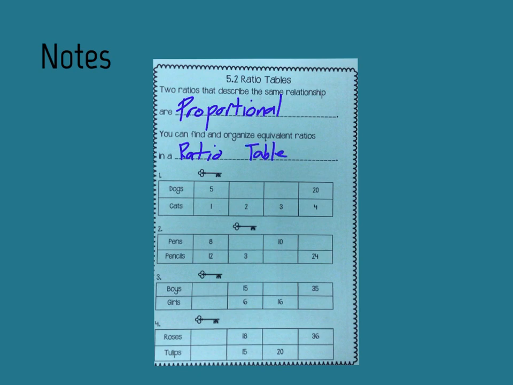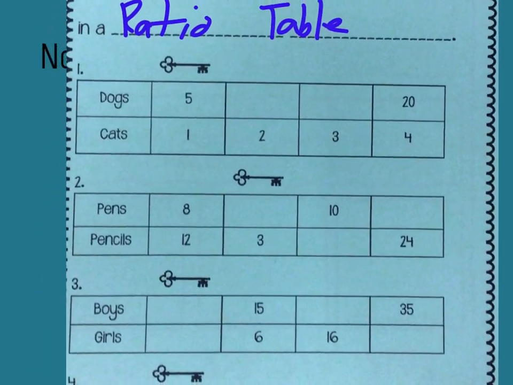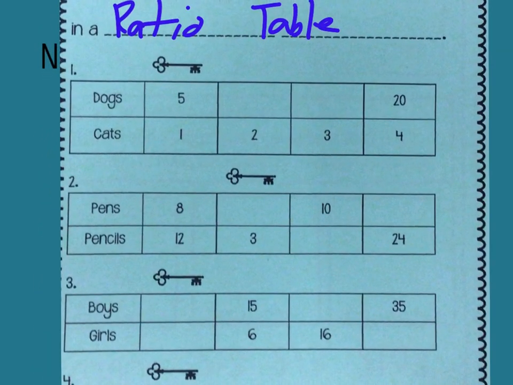All right, so these ratio tables, and guys, I want to point out these keys here. If you look at these keys that are above these columns, there's a reason we have a key there. It's because it's the most simplified in the ratio table. And I alluded to this in your bell work. If you have the most simplified version of a ratio, it is the key to unlocking any other ratio that